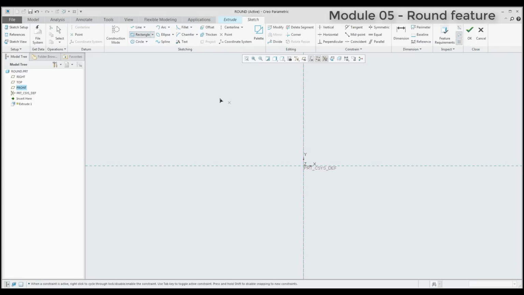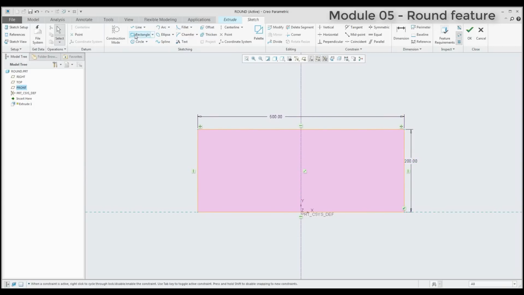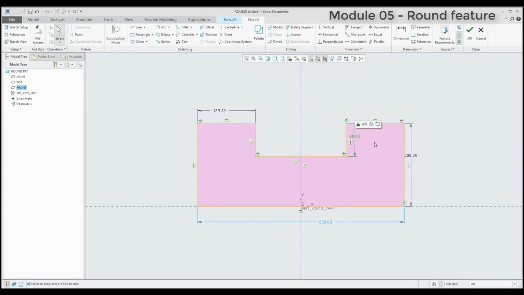In the sketch you can specify an axis or symmetric axis and then the system automatically creates a symmetric rectangle in the sketch. You can change the dimension by double click or select right mouse button and specify new values. You can create more than one feature directly in the sketch and you can delete any segments. So I can use the function delete segments and again change the dimension. If you are satisfied